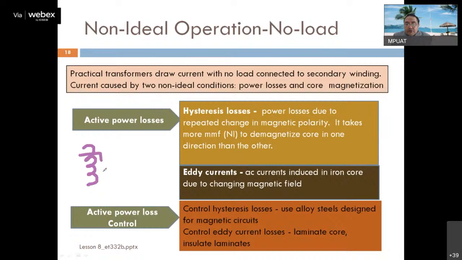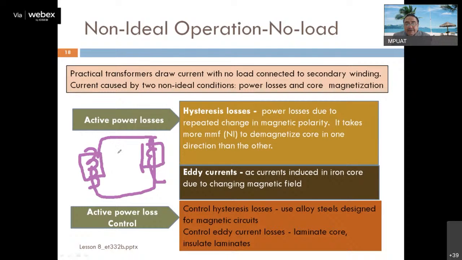Now this winding is on a core. So when current flows through the winding, flux is produced. This flux is not only linking the primary and secondary winding, for example here this is the secondary winding,